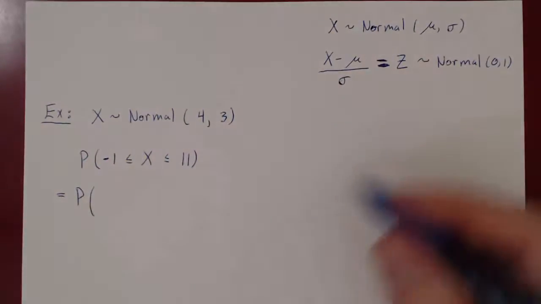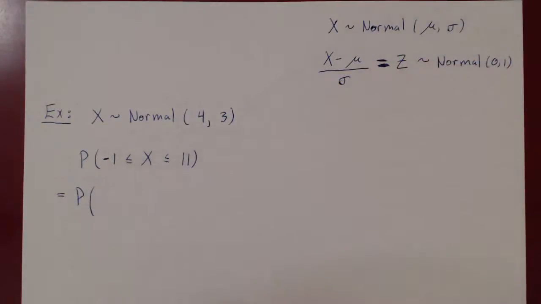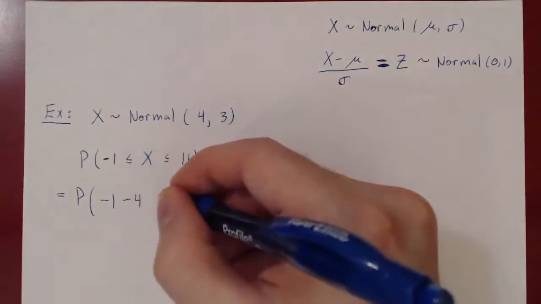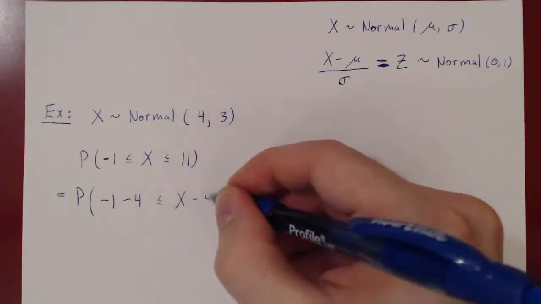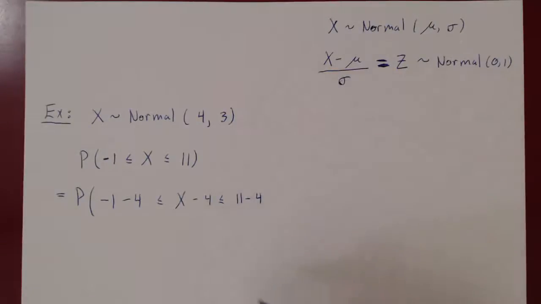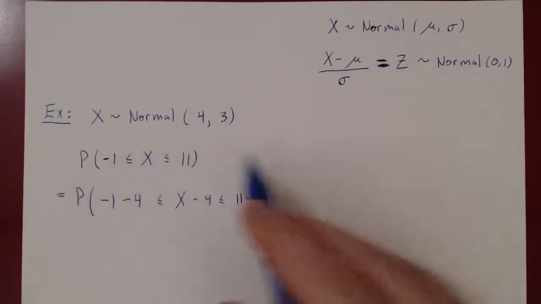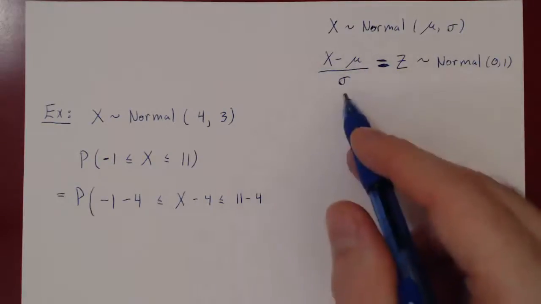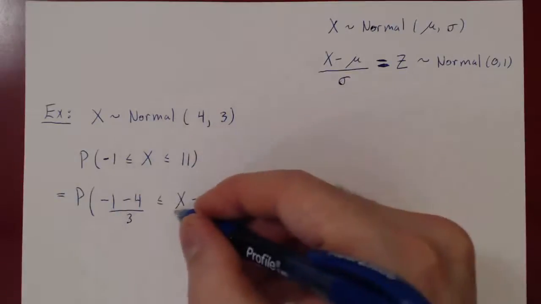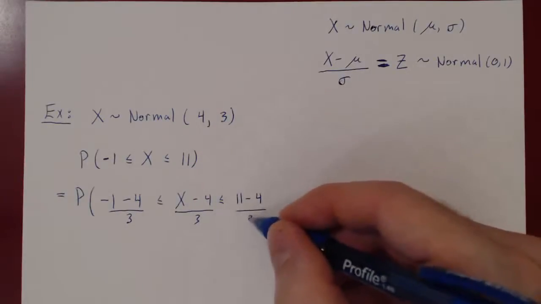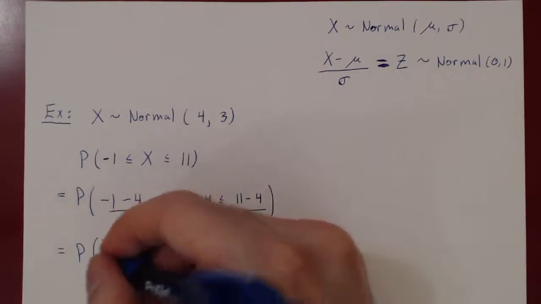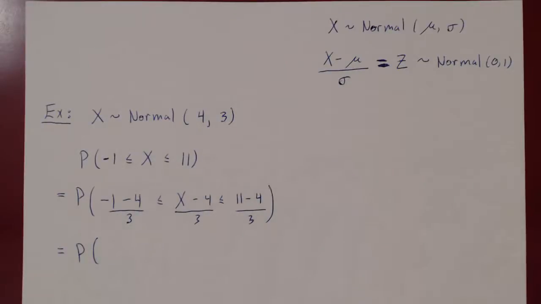So we first subtract the mean from every expression. So we'll have -1 minus 4 is at most x minus 4 is at most 11 minus 4. So we subtract from each term the mean, and then we divide everything by the standard deviation. So we divide by 3, divide by 3, divide by 3. So what do we have? The probability of -5/3,